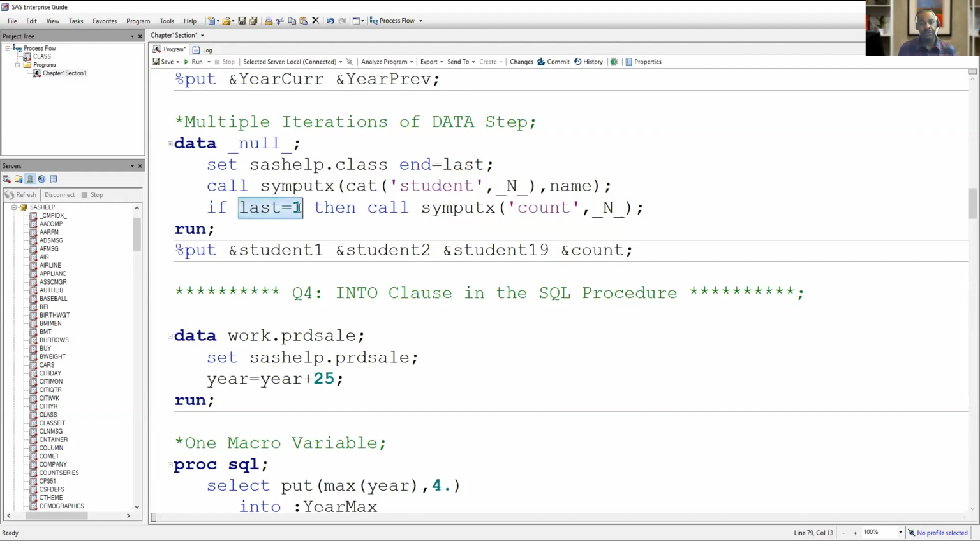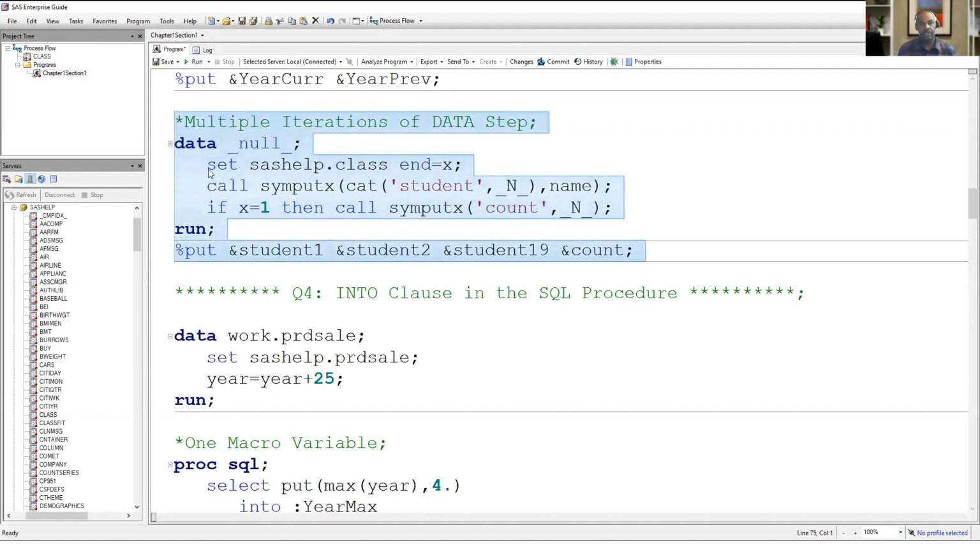When I get to the last observation on the set statement, I should have explained this earlier. This end equal option allows me to define a variable, whatever I want to call it. I can call it last, I can call it X. So here's the deal with this variable I'm creating. It's a temporary variable. This variable will be 0 until I get to the final record in class. Then it will become 1. So when I get to the final one, create an additional macro variable called count, so I'll know how many names I have. Once you run this,